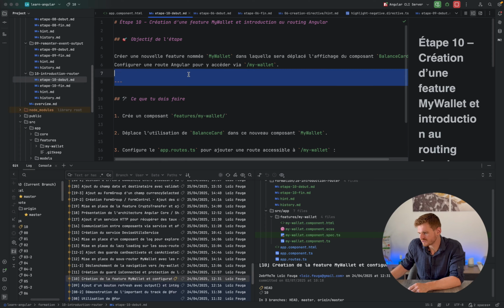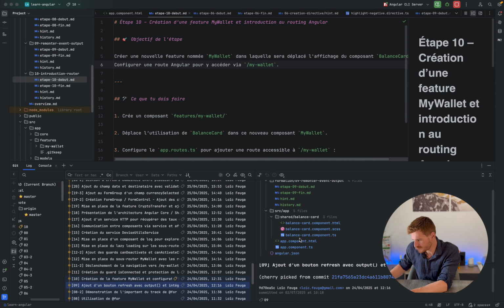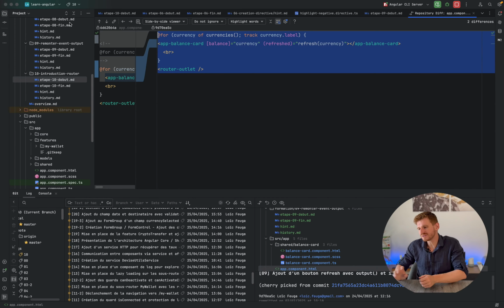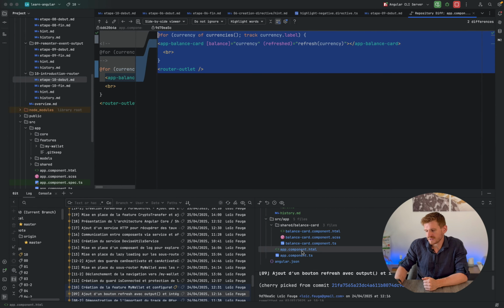The goal is going to be to create a MyWallet feature whose purpose will finally be to use the router. Because up until now, if we look at what we've done in there, here it's just for visualization. Because in IntelliJ, I select commit 9, the previous commit. Specifically, in commit 9, we had modified the